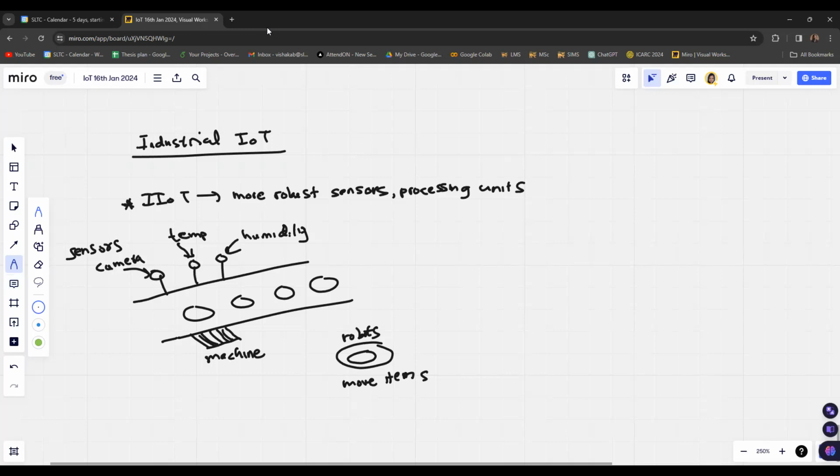So if we take this scenario into account, we can connect all these machines, robots, and sensors to a certain PLC, programmable logic controller.